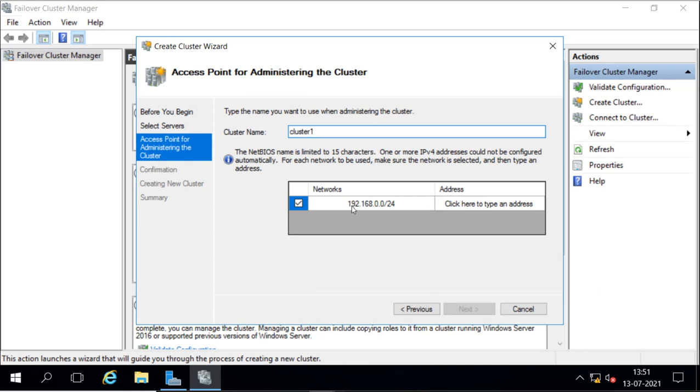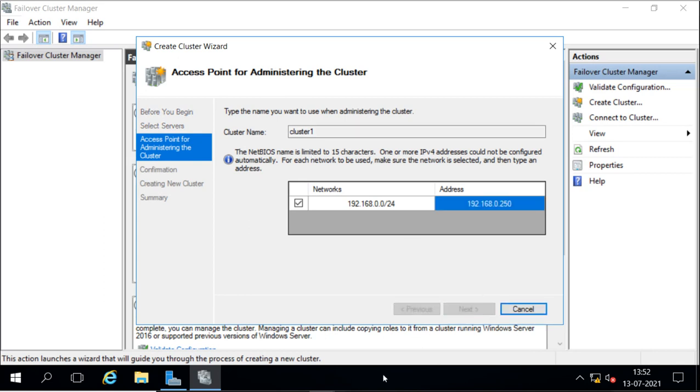Now what IP address can we use? We can use an IP address from this network. Remember the other network we have, that is for the storage. So we can't use that storage network for connectivity for the clients. So we have decided this network for the clients and Heartbeat. So we will configure one of the IPs from this network. I will decide on one of the IPs here, and I'm going to have 250. I will give 250 here. So 192.168.0.250 will be the IP address for our cluster, and this will be the name for our cluster.